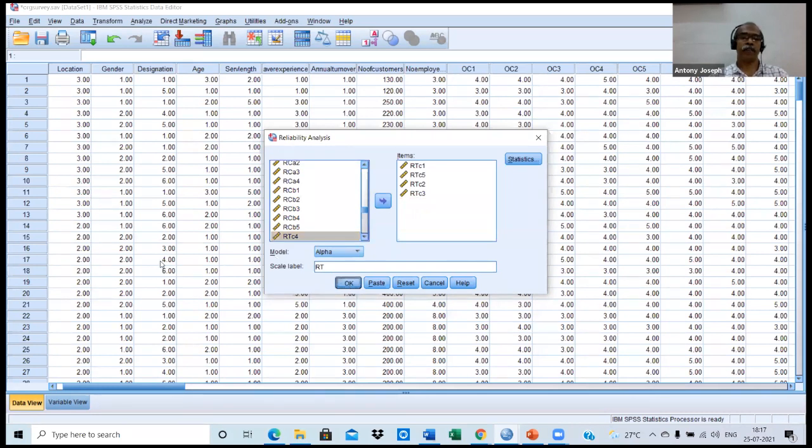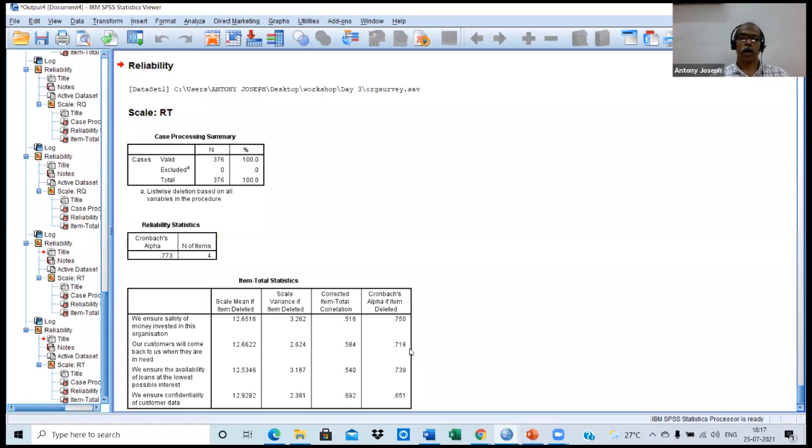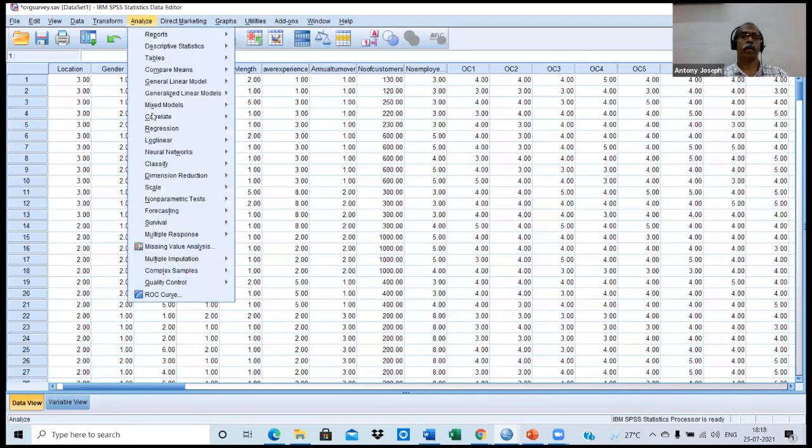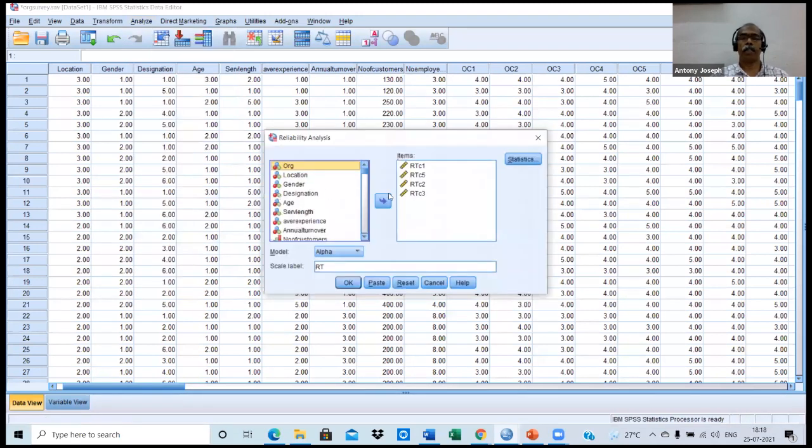So 0.773, look, all items have lower than 0.773. Item to total correlations are greater than 0.3. So the scale is suitable now. Now again moving on. Again moving on, analyze, scale, reliability.